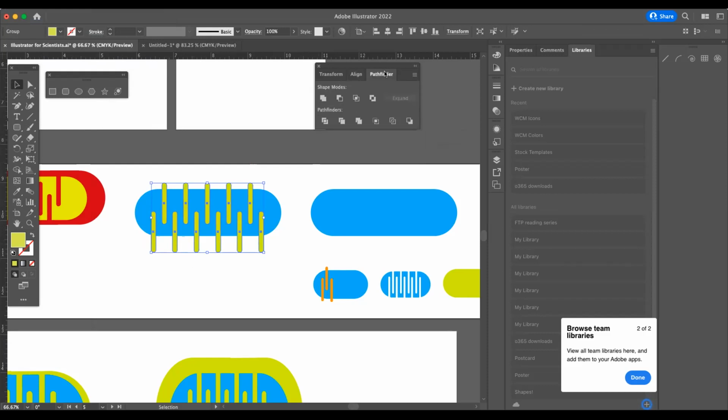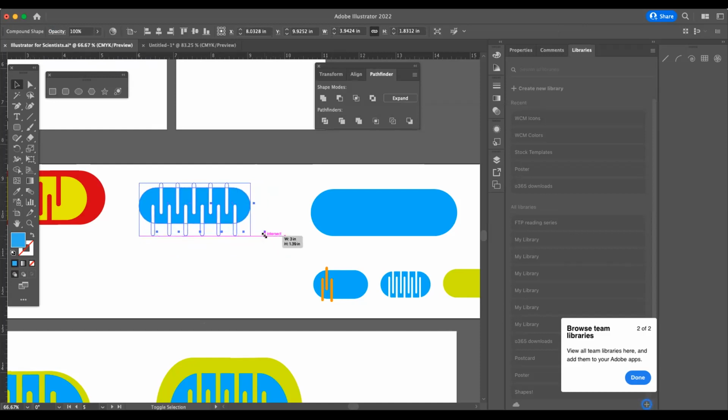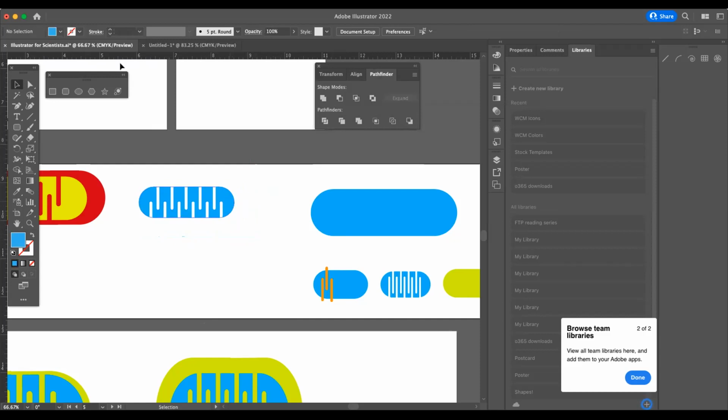We're going to go back to Pathfinder, select this, select the bottom, and then we're going to want to minus the front. So Option click, minus front, and it's just popped out that shape that we drew. And we are left with this cool little guy. So from here, I can go back to my black arrow, adjust the shape. And again, I'm holding down Shift right now so that it's not getting all out of proportion. And let's go ahead and also change the color on this